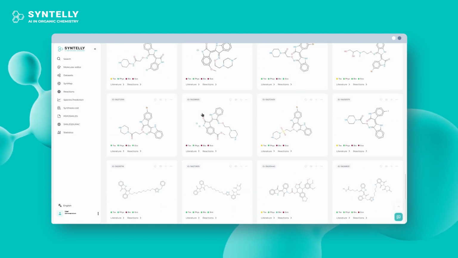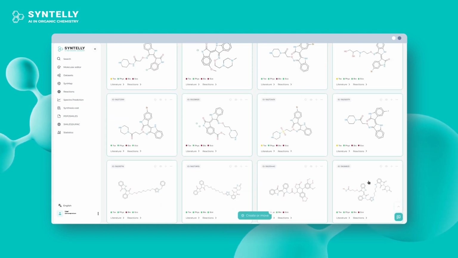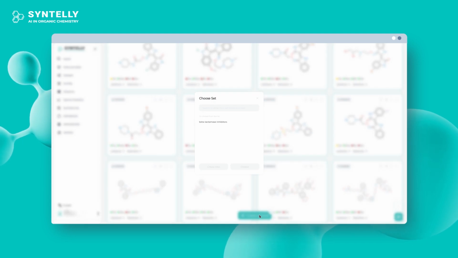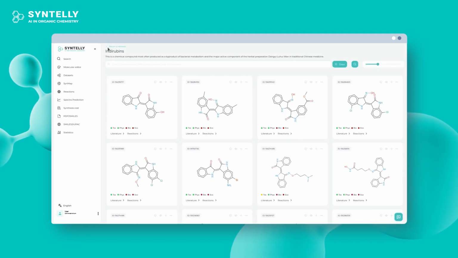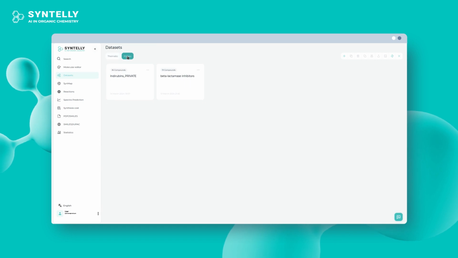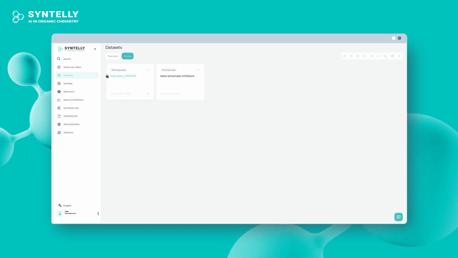For this purpose, you need to open the dataset, select all molecules, and then click the Create or Move button to select an existing or create a new dataset. Create your own copy of the dataset. Enter the name in the line, click on Create New, select the appropriate line and go to it. A copy of the dataset has already appeared in the Private User tab for handling your own datasets.